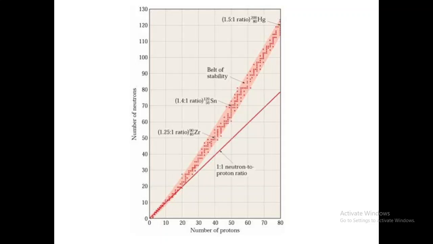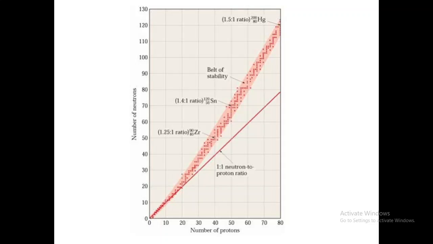If a heavy nucleus were to split into two fragments, each fragment would form a nucleus that would have approximately the same neutron to proton ratio as the heavy nucleus. So this high neutron to proton ratio places the fragments below and to the right of the stability curve, this one, the 1:1 neutron to proton ratio,